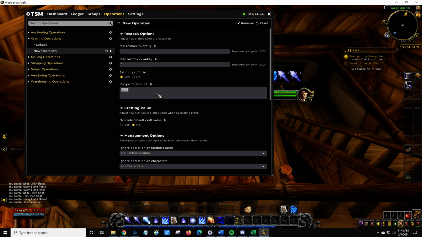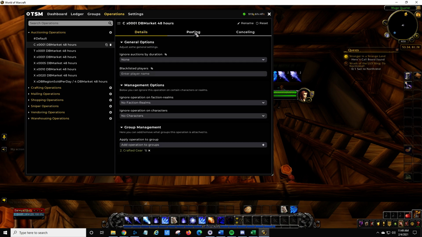Generally, a good guide on how you want to value something is you want to at least make 20% profit. Let's say I want to make 30% profit off of the crafting cost. So whatever the crafting is, I want to make 30% above what it costs to craft it. So the way you do that, you can do 30% of crafting. And actually, let's just put 50 gold here for now, and then if you look at your auctioning operation, my crafted auctioning operation,